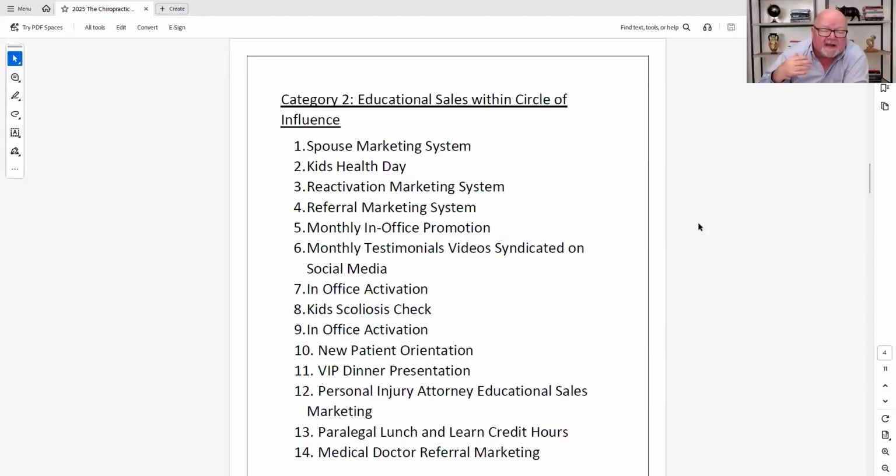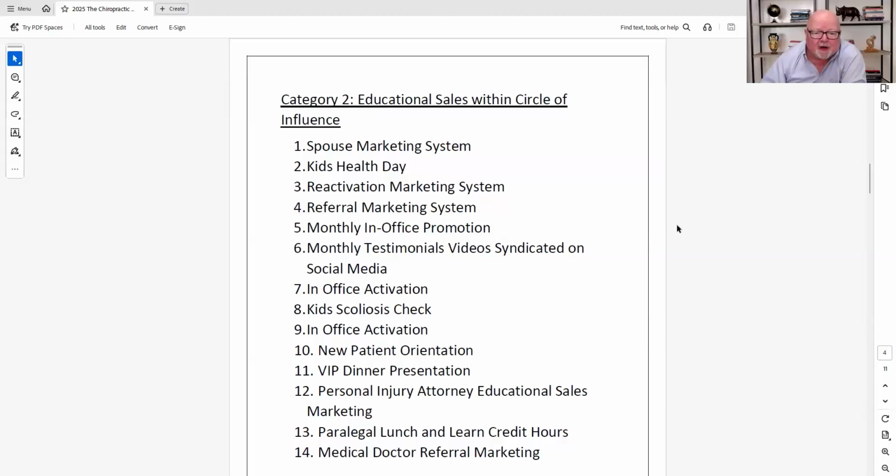Then when I hired a second staff member, I leveraged a lot more off onto her. That kept freeing me up more, but kept the marketing machine moving forward. I didn't just stop doing the system. And that's what chiropractors do. You can't not do the system. You're guaranteed to get nothing. That's when you've got a really up and down practice, a very unstable practice.